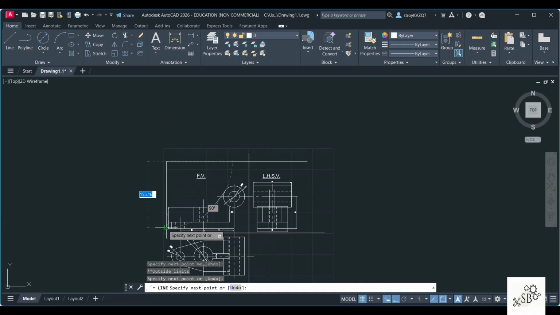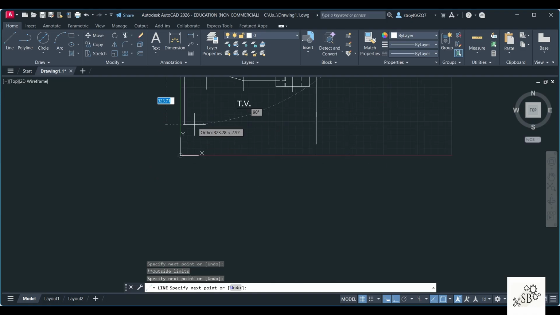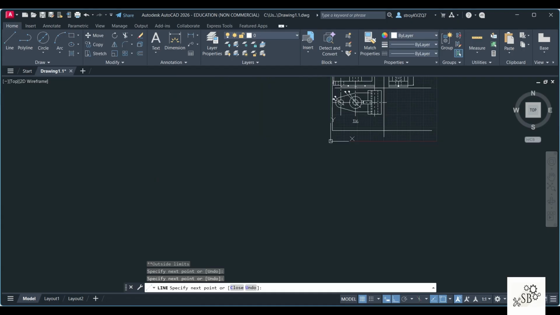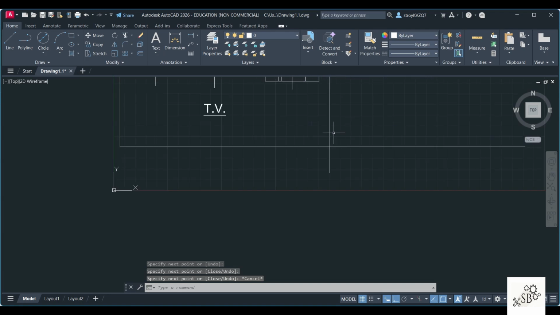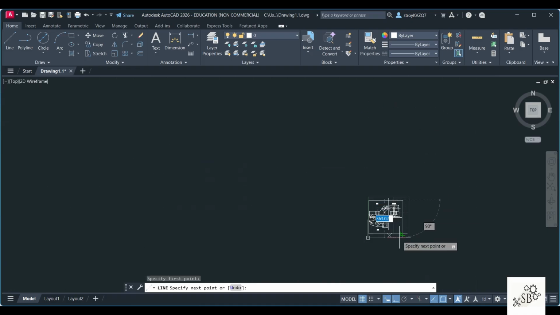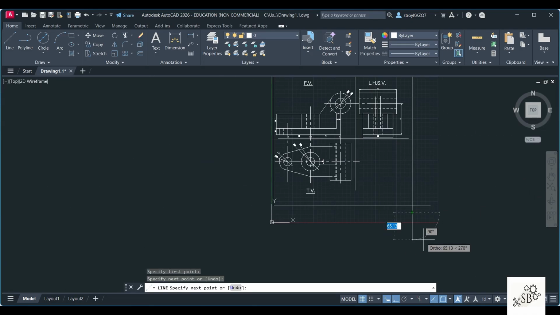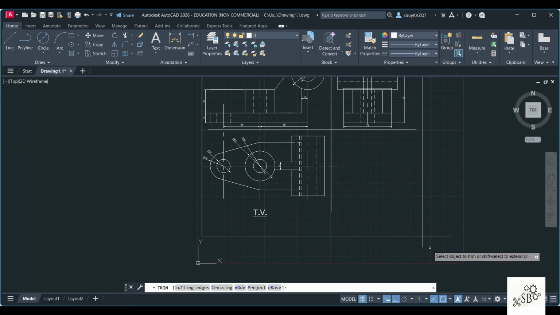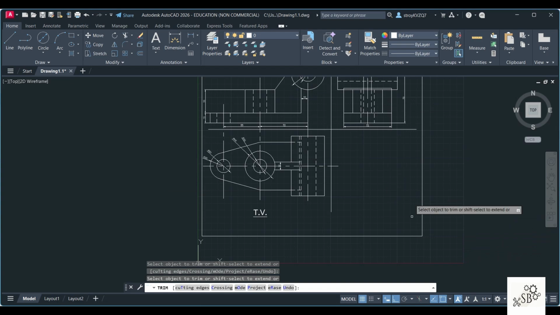So I'll click here and then I'm going to join below the top view line. Then I'll join here and I'll escape. Now this line I'm going to take it inside. This is the axis line. Also I will pull this line inside because I don't want it so long. Then I will start a line from here at this point and I will draw it a little below this line. Escape. Then I will trim this extra part. Now I have drawn the bounding box for this diagram.